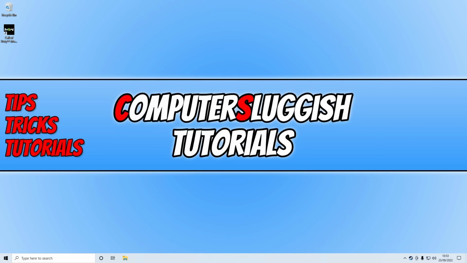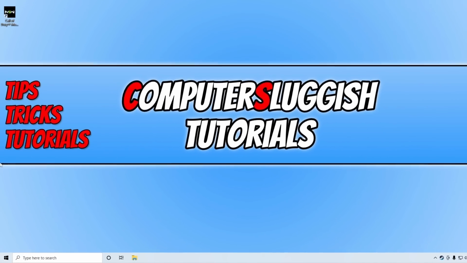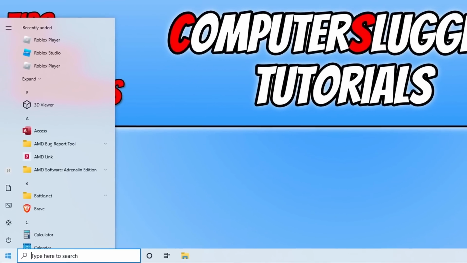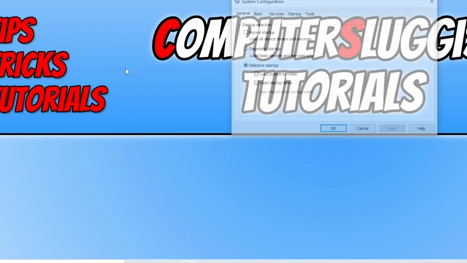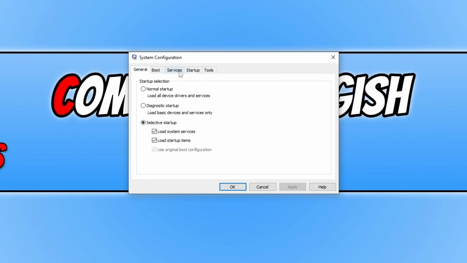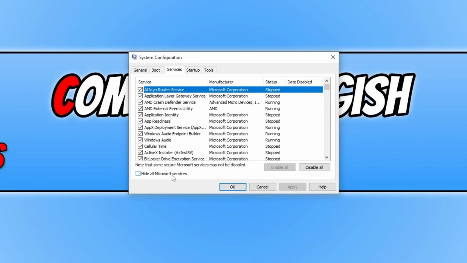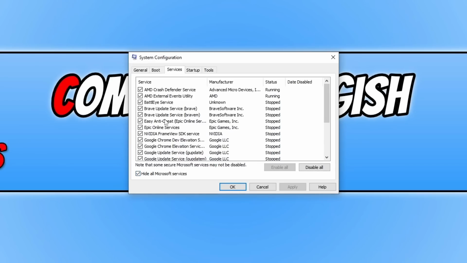If none of those were the issue, then the next thing we want to do is open up the start menu and type in msconfig. You now need to open up system configuration, and you then need to go across to services and tick hide all Microsoft services. Next you need to go through and just untick anything that you don't need. Once you're happy with everything you disabled, go ahead and press apply, and you then need to go across to